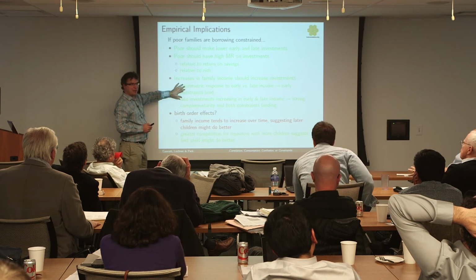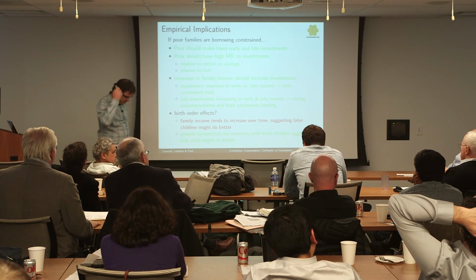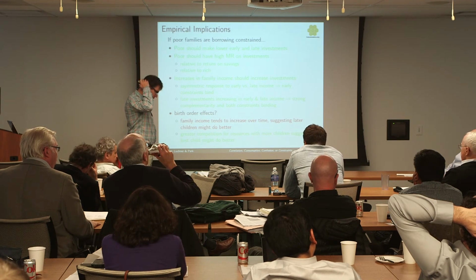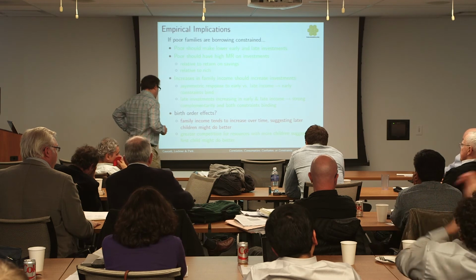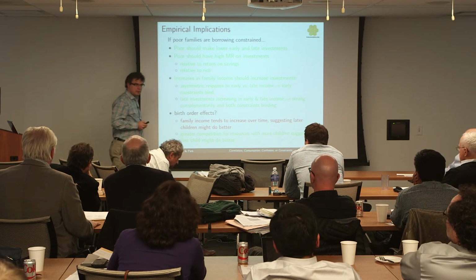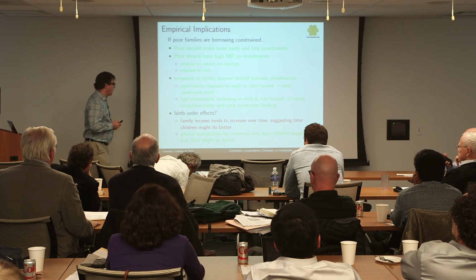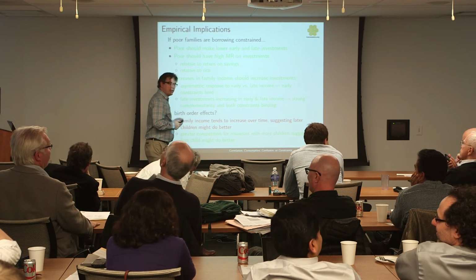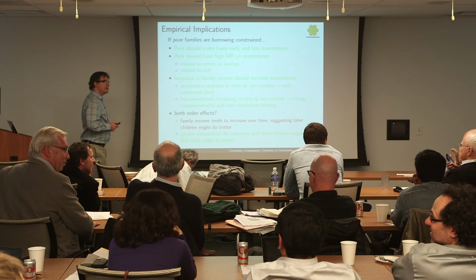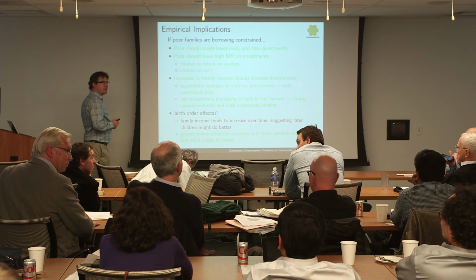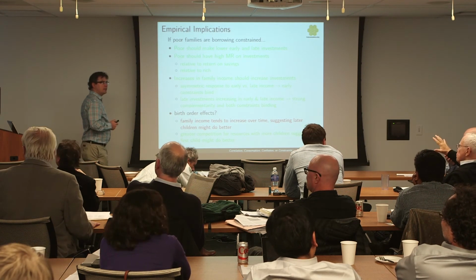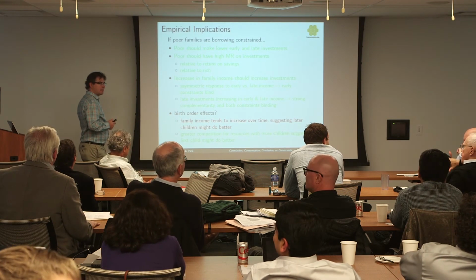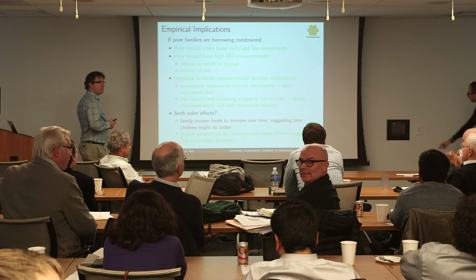I would spend a lot of time thinking about that. There is a strong force here, which would be towards postponing your children. So if you do have this kind of increasing profile, that's consistent with the evidence, right? In other words, you'd see that families with higher income profiles will have children later, maybe. They get their education later, they marry later, and they have their children later, and they space more.